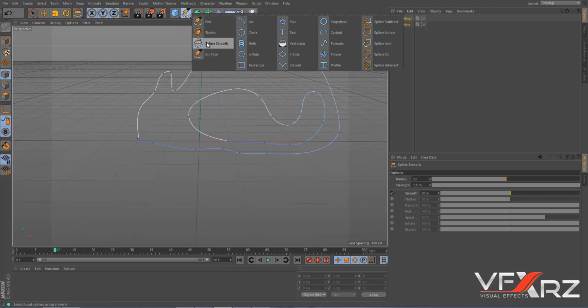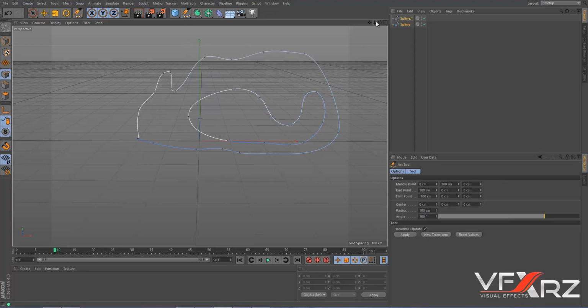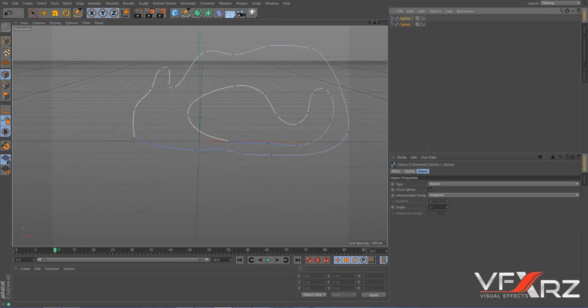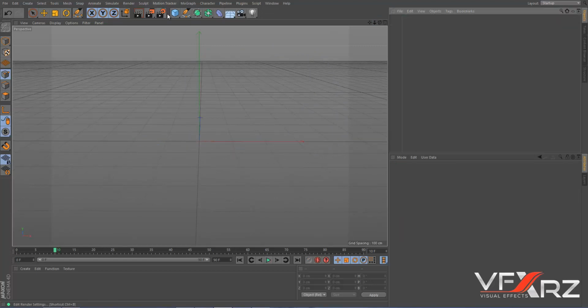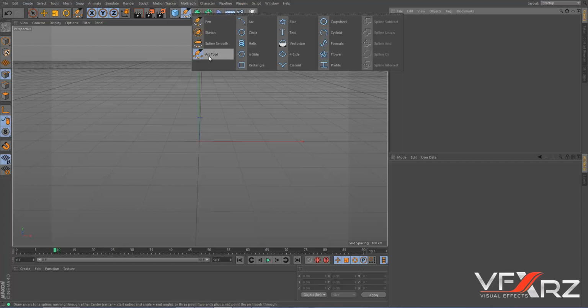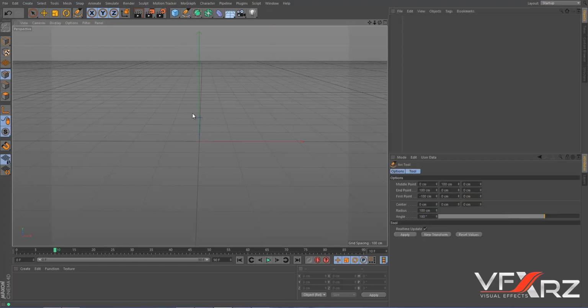And next option is arc tool. If you click it, first delete this tool, and then if you click arc tool and then click and drag, as you can see, you can draw line to arc or create a circle. For example, if you click here,